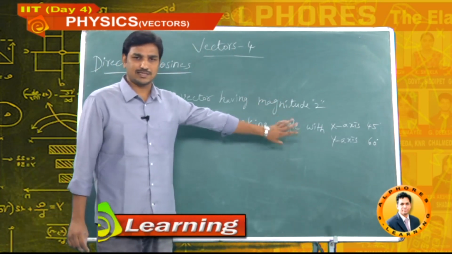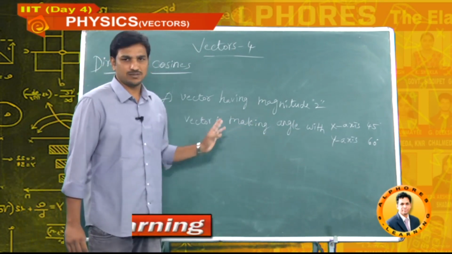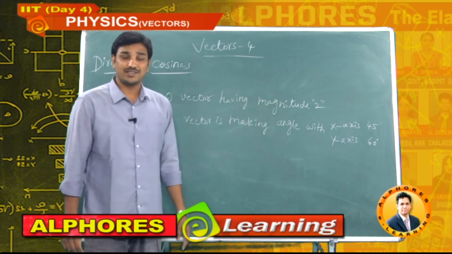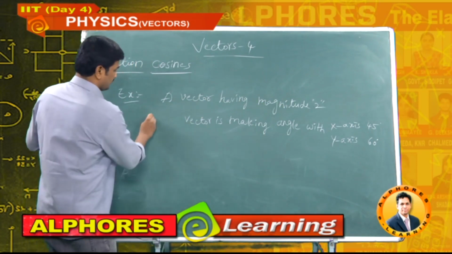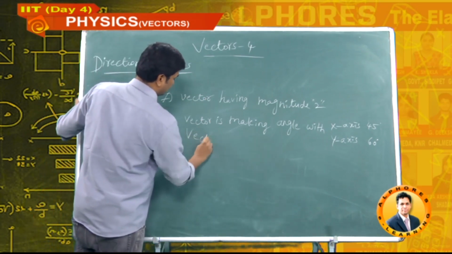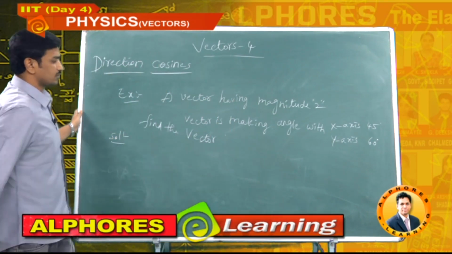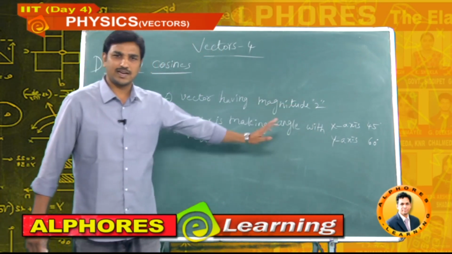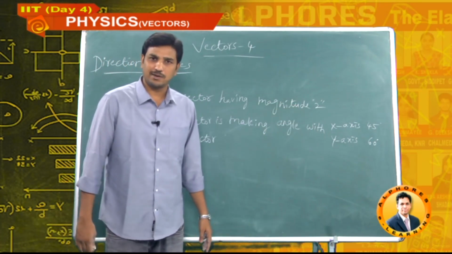Now our vector, something I don't know about it. The vector making an angle with the x-axis is given as 45. The vector is making an angle with the y-axis of 60 degrees, and the magnitude of the vector is given too. Now what do they want? They are asking to calculate, find the value of that vector. How can we solve that? See, with the x-axis I know the angle, that is alpha. With the y-axis I know the angle, that is beta. Alpha, beta, I know that. Can I calculate gamma? Yes, we can calculate.